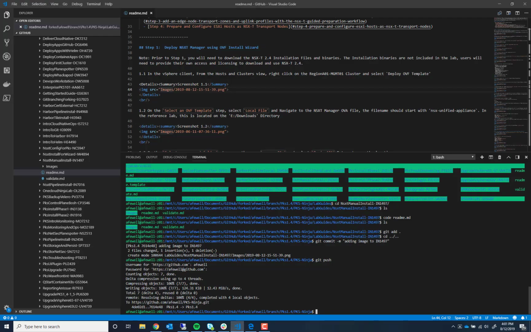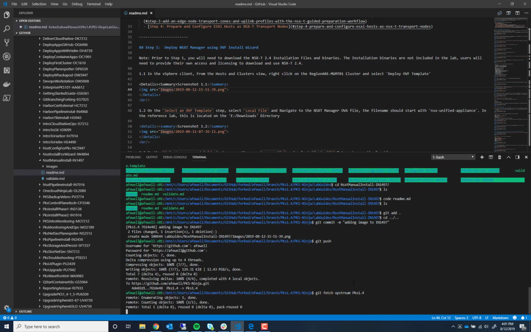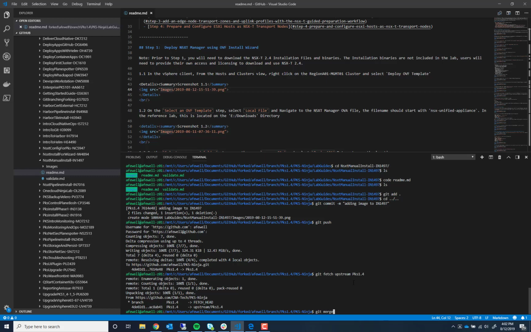One final thing you may want to do to close out, just to make sure your branch is in sync. Notice you made the update here locally. You push the update to your fork. Then the fork pull requested over to the main branch. The main branch got updated, and so you're really in sync with the main branch, but your local repository doesn't necessarily know that. So if you want to, at this point, you can again do this git fetch upstream PKS 1.4, and then git merge upstream